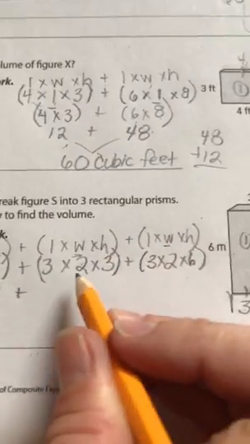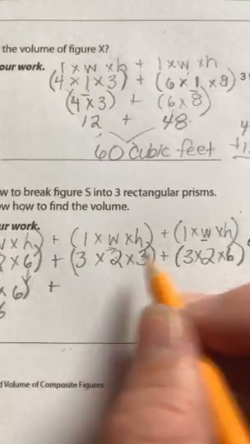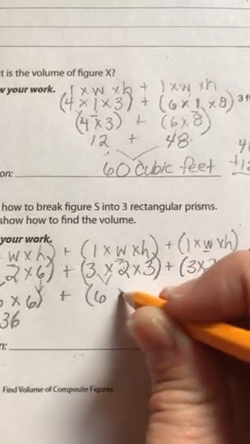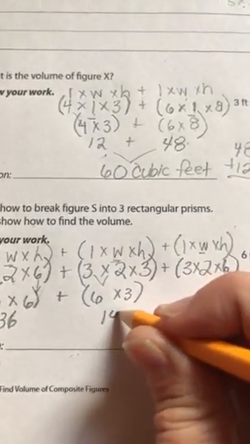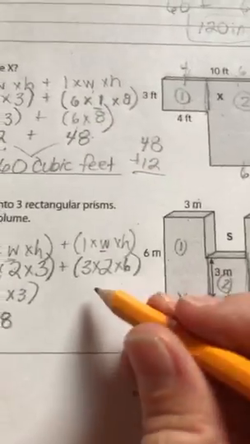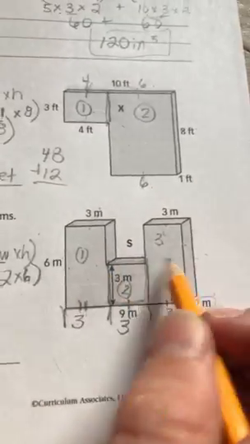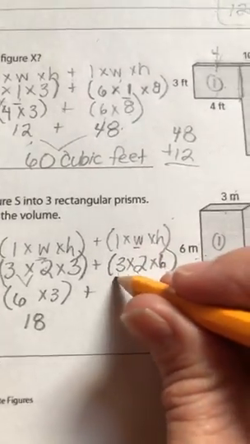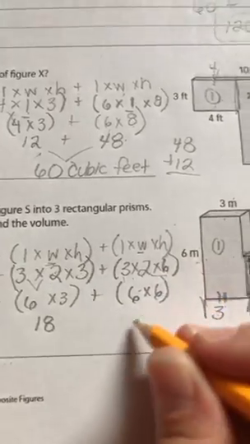So let's look at the next one. The second one, we came up with its dimensions of 3 times 2 times 3. 3 times 2 is 6. Drop down times 3. And 3 times 6 is 18. Look at your last one. Your third figure, 3 times 2 times 6. We actually had the same dimensions because if you notice, these are the same. But in the interest of just going through that process, 3 times 2 is 6. Drop down your times 6 that we haven't done yet. And 6 times 6 is